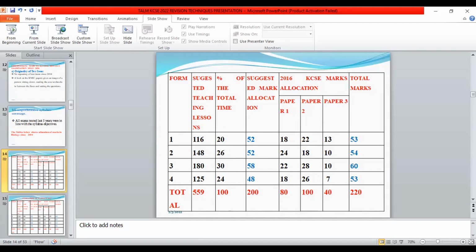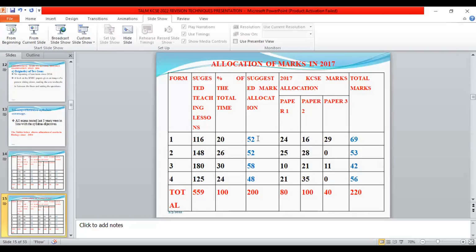And those predictions used to be okay. And in fact, students used to use those predictions, and that is why you'll find them doing very well. When you now move to 2017, when now things started going bad on our side, move to the next slide on 2017, you'll find that Form 1 work was carrying 69 marks instead of 52 marks.